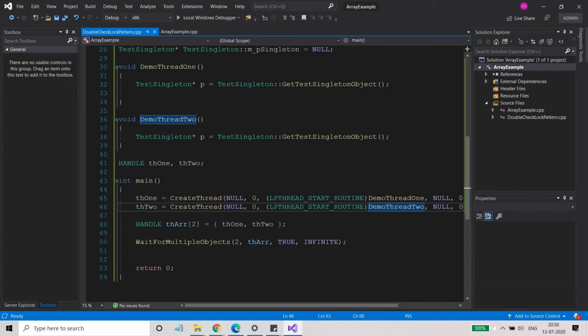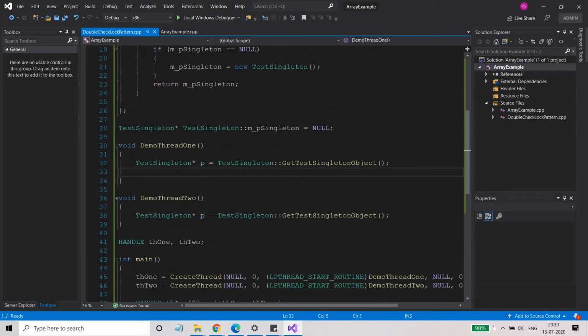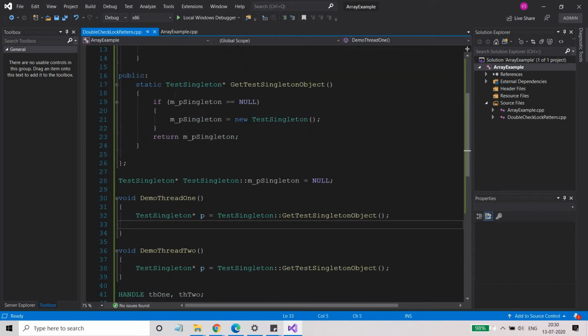I have written the same piece of code in demo thread 1 and demo thread 2. Both threads do the same thing, which is creating the singleton object, right?